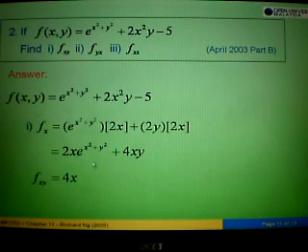Okay, so therefore if we want to find fxy, so we have to take from this answer fx, we differentiate second time, compare with y. So here we have y. Okay, so when we differentiate,